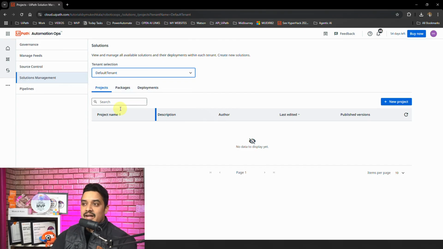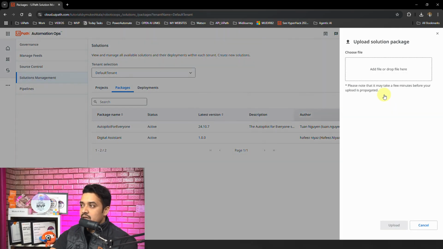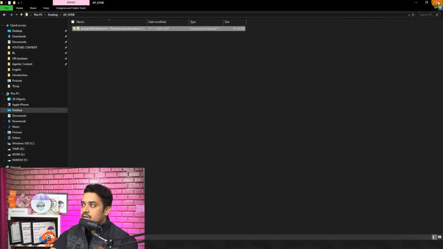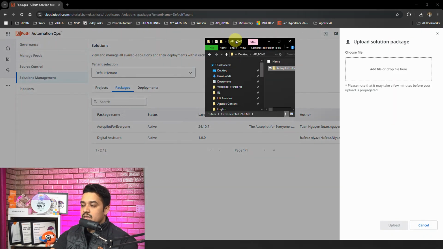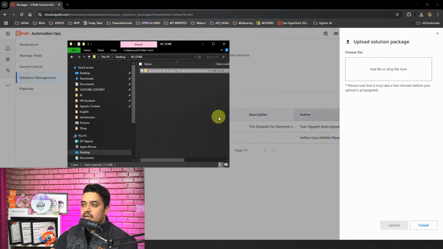Okay, and then you have to go to Packages. And here you have to click on Upload the solution package. So I click on that, and it's asking me to drag and drop the file which you need to upload. I'll go to my downloads. This is the file which I have downloaded. I hope you guys also have it. Autopilot for Everyone. I just drag and drop it here,